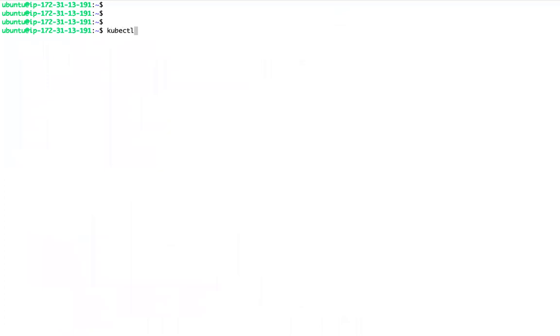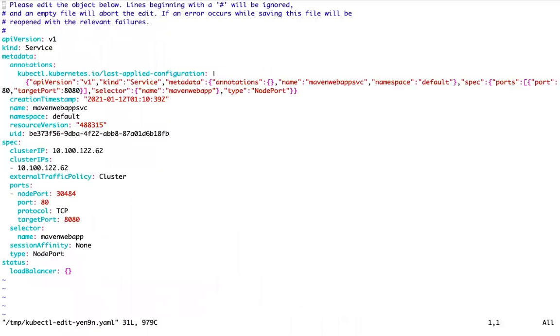I can edit something like this, kubectl edit svc maven-web-app-svc. It will open something like this. I can press I for insert mode, and I can edit whatever I want to edit.